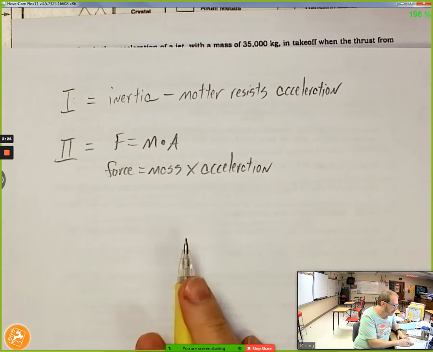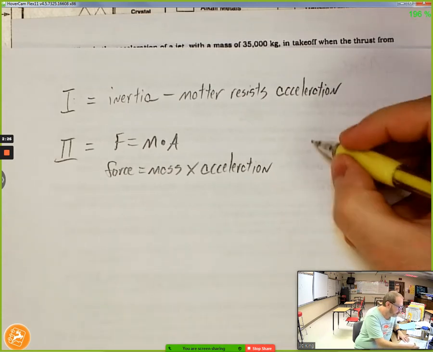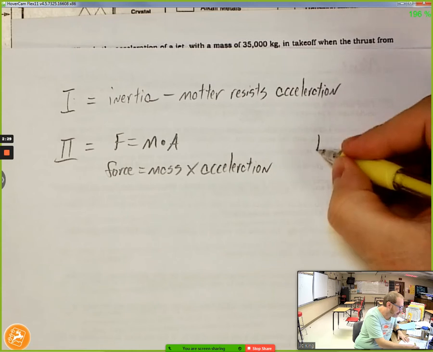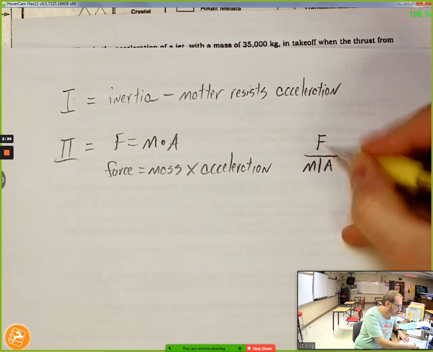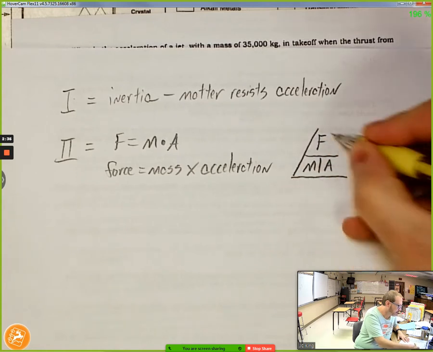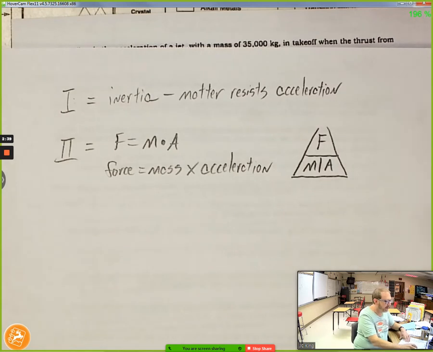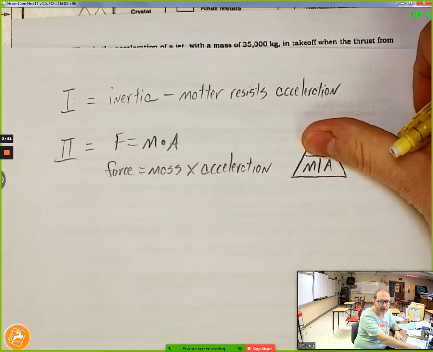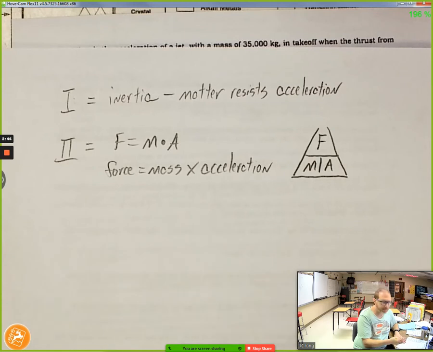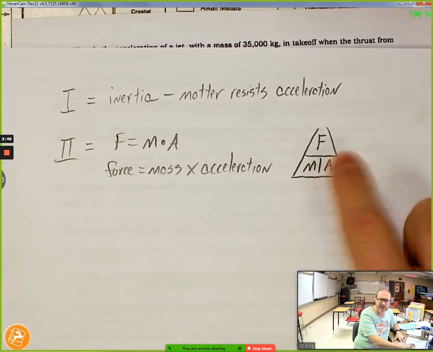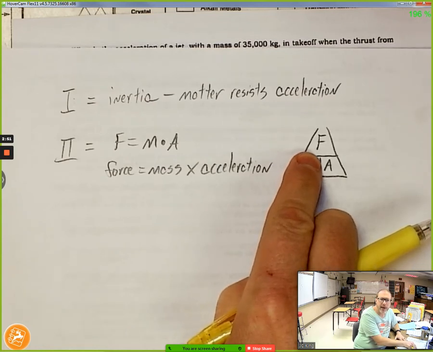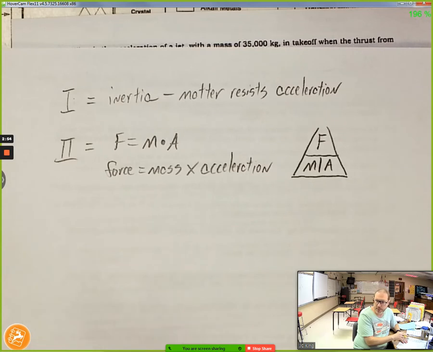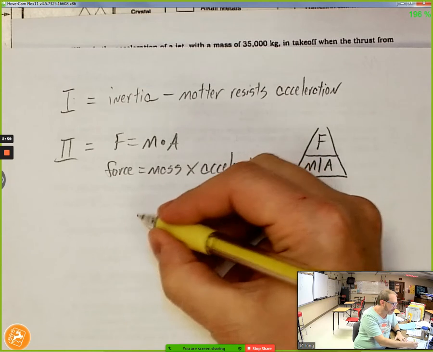We can make a magic triangle out of it if we want to, which I sometimes find handy, where we've got F over M and A, kind of like that. So if I want to find force, I cover up F, it's M times A. If I want to find acceleration, then it's force divided by mass, and if I want to find mass, it's force divided by acceleration. Something that's important to keep in mind, especially for some of the problems that we're going to see here, you remember that mass